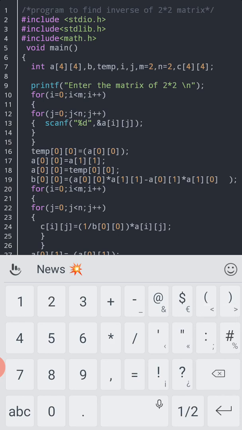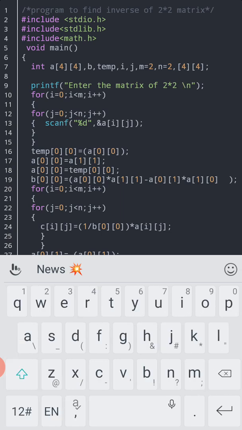Next I am using I and J. These are the increment operators which I am using in the for loop. And M and N are the size of column and row. Next C acts as the result. It can be given any name. I am using R instead of C.